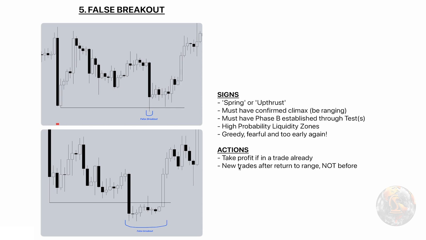And don't enter a trade. New trades after it returns to range, not before. So like I said, you want it to come back into range and buy on the second test that you get after returning to the range. Or in the example of this one where it hangs around below the low, you can buy on the breakthrough candle, okay? I'll explain why that is now. When you get a quick sweep of the low, some people got in, but not everyone. So it will come back for a proper test, more often than not. Remember, nothing's 100%, more often than not.